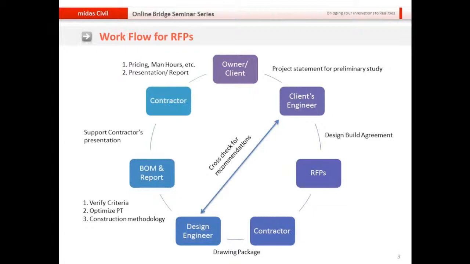Now sometimes the owner wants the contractor to come up and present their request for proposal, and in that, different proponents have to come in and give their own presentations. So request for proposal is basically a two-part activity. One is technical, the other one is presentation. Now presentation need not always be a PowerPoint presentation. It can be a well-documented report conveying all the details, or it can be